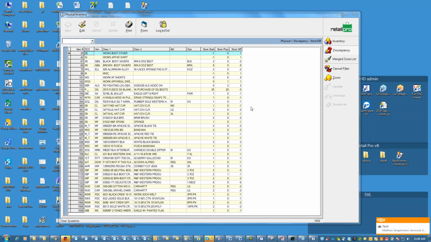Hang on a second, new question: manual counts. Can you download a remote? There's a question here about downloading Janam scanners at a remote store, and you can absolutely download the Janam scanners at the remote store. In fact, we usually recommend that you do that. To do that, you want to make sure that you get the Janam hooked up and tested at the store a few days before you actually do the count and have to rely on it,